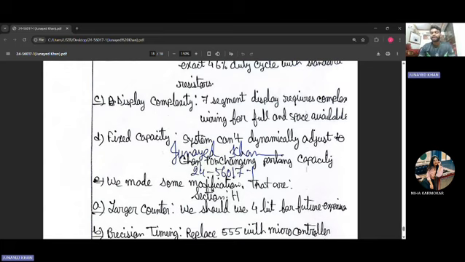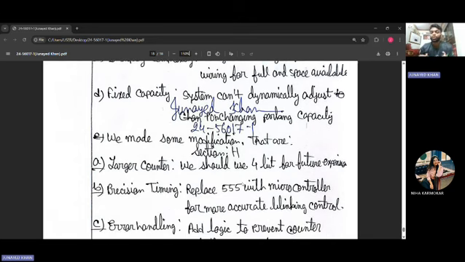We made some modifications for that reason, if we don't want to face that problem,